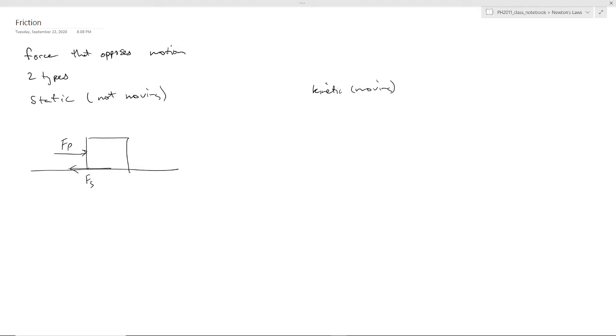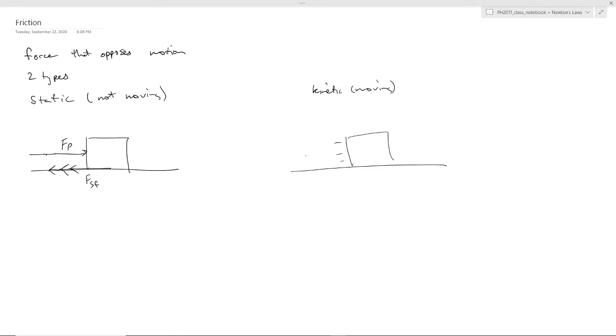And that force of static friction is going to match your pushing force. So if you increase your pushing force, this static friction will increase. If you increase this more, this will increase to exactly match your applied force up to a point. Eventually, this thing will start to move,